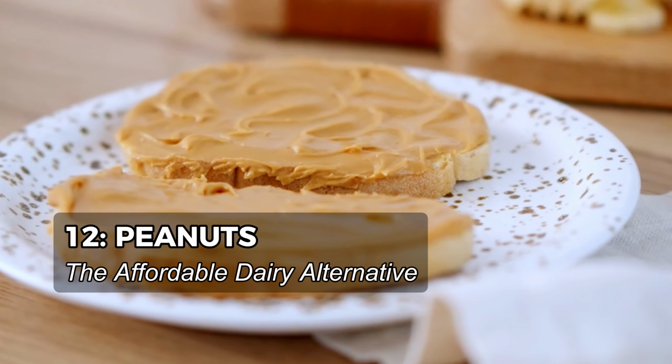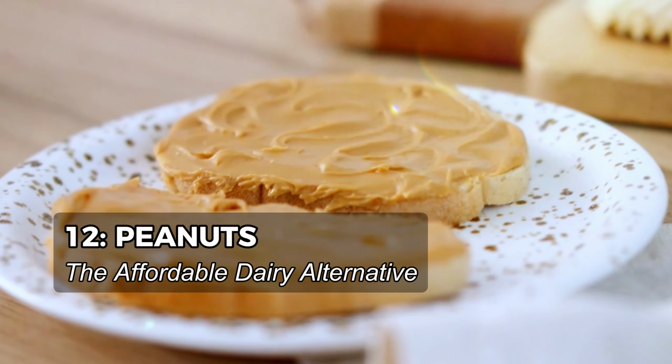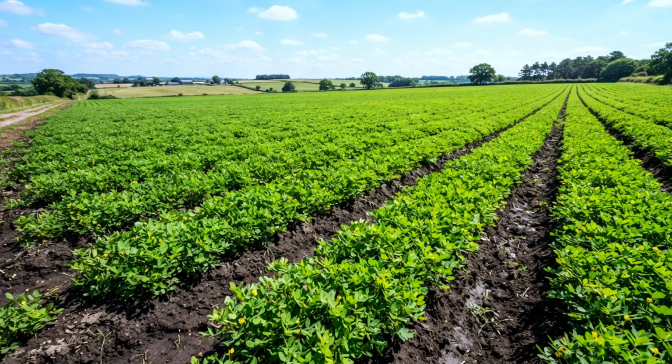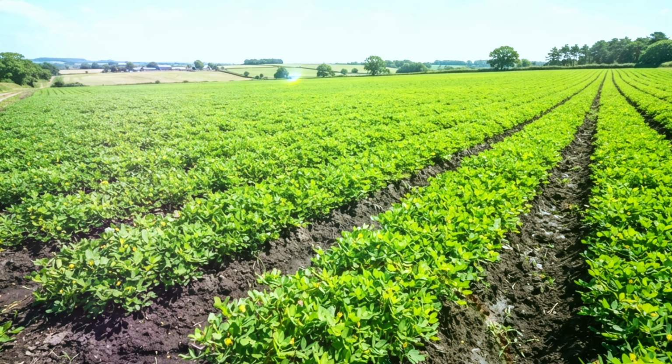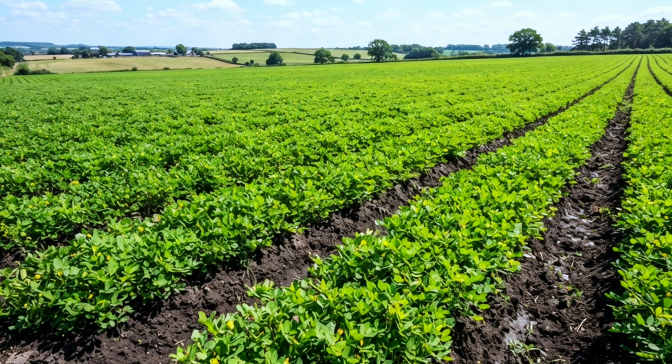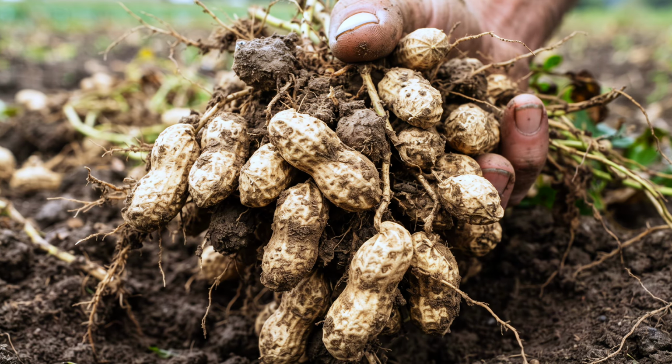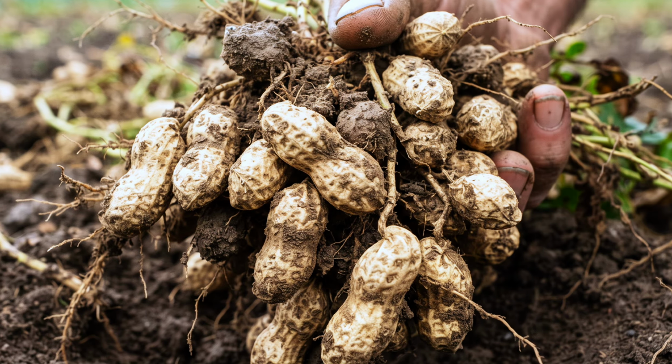Number 12. Peanuts, the affordable dairy alternative. Peanuts are technically a legume, not a tree nut, which surprises people who've eaten them their entire lives without knowing it. Native to South America, peanuts were carried around the world by traders and colonizers centuries ago,